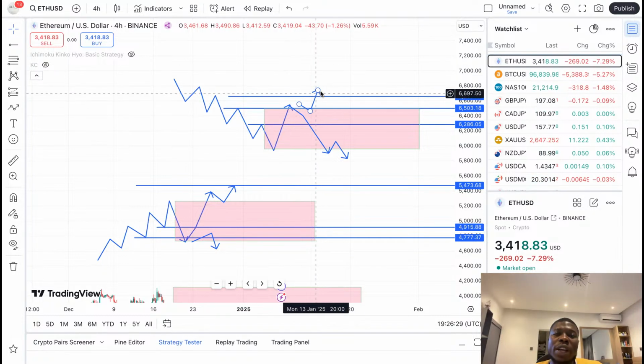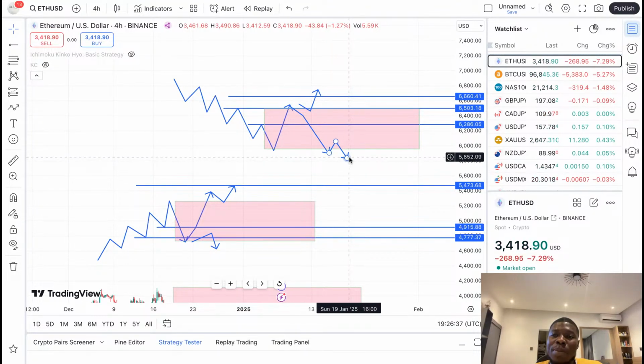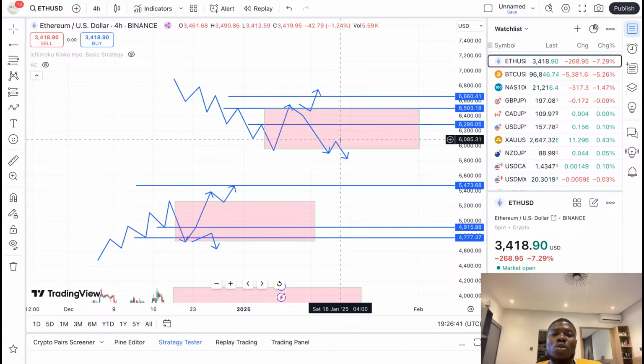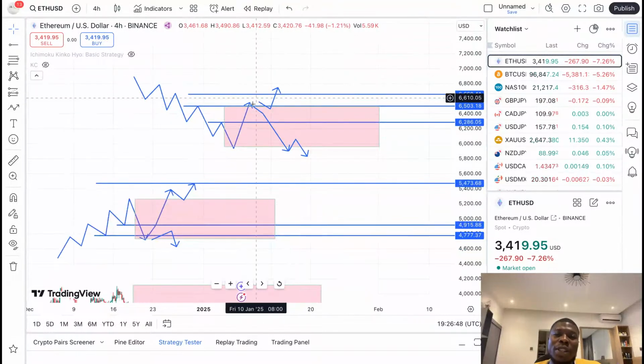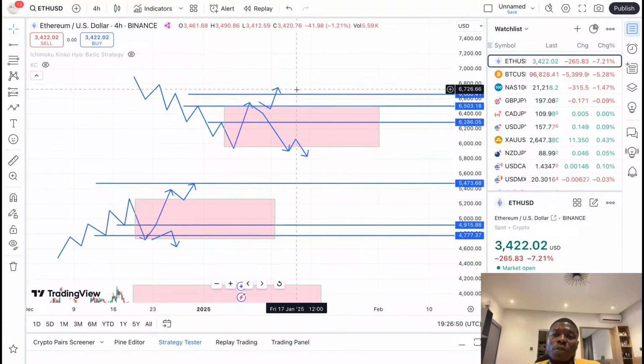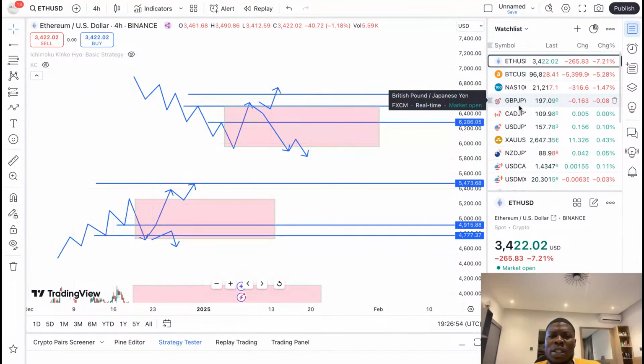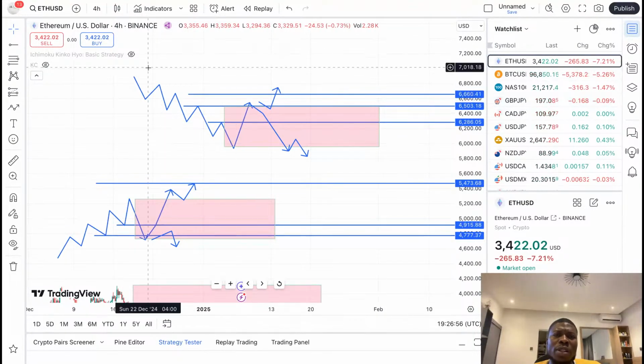If we have this scenario, this is where your uptrend kicks in. If it falls back to this place and makes another low and your downtrend kicks in, this is where you start applying your trending strategy again. So you do not rush whenever you're in the market. Most of the markets now are about changing trend, a lot of both crypto markets, forex market, and most of the indices.